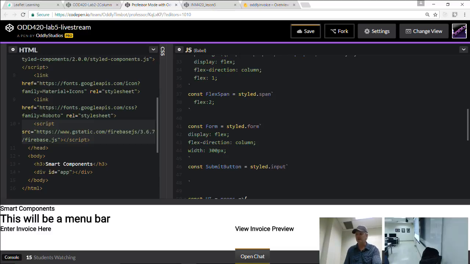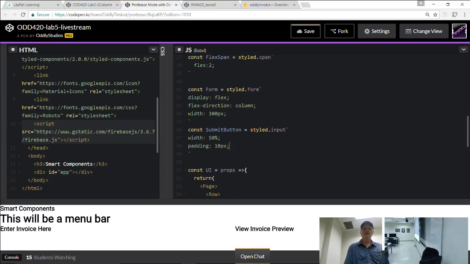So we're going to overload an input, and I gave it a couple of values. I used 50% width, and gave it a little bit of padding all the way around. Just a couple of basic little things.